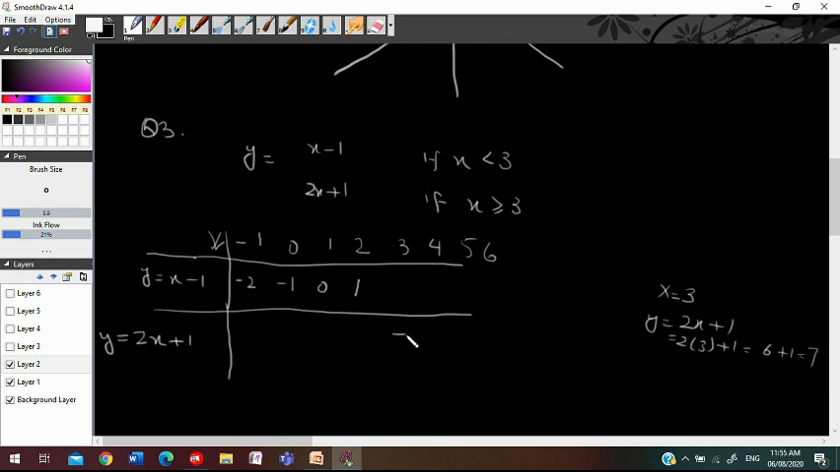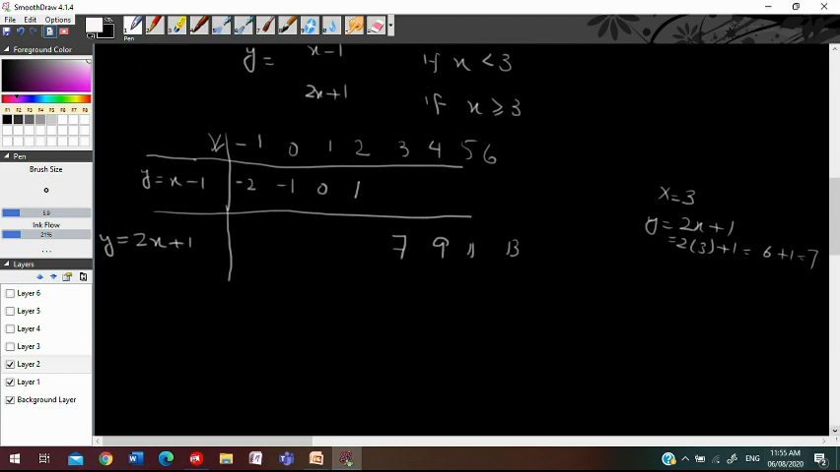So the value of y is equal to 7. Similarly, when we put 4 in x, we get y as 9, then 11, and then 13. So these are the different values for the first function and your second function. Now when we make the graph of these functions,